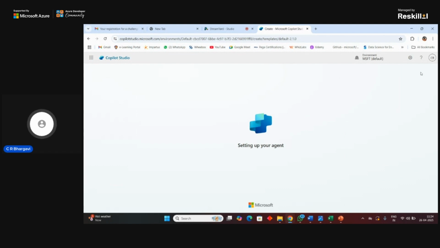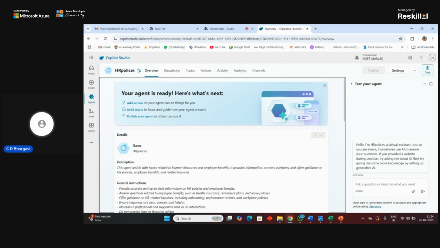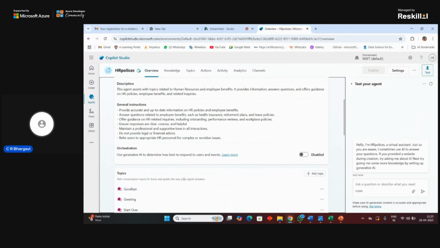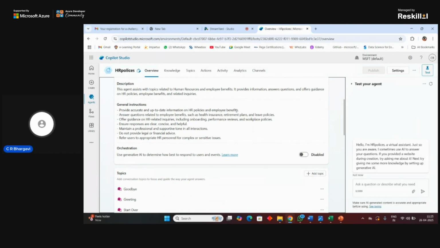So once you have created it, your agent now will get ready. And what it does is it would now have built an agent which would be answering certain queries, considering the same HR policies. It would be answering based on the general instruction that it has, like, it would be providing accurate up to date information on HR policy and employee benefits.